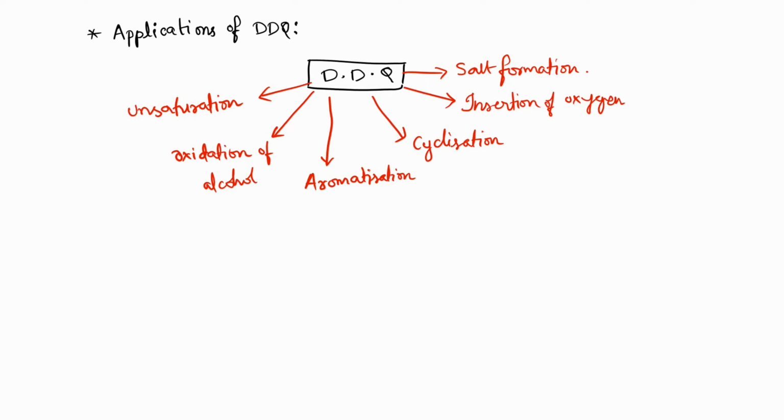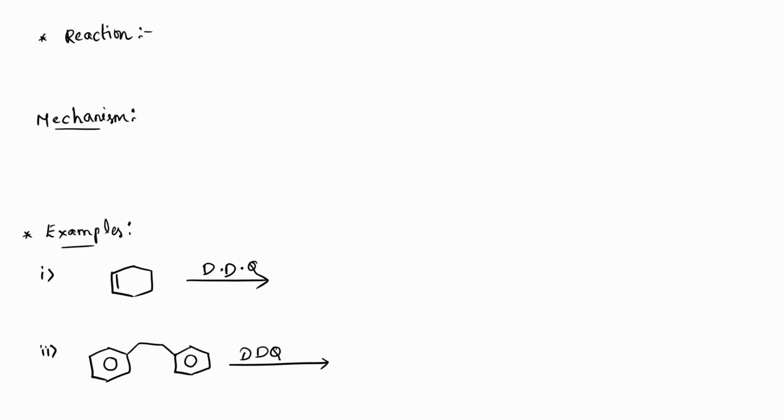Now, in this DDQ reagent chapter, we are going to discuss DDQ's reactions in 2 sets of videos. In the first video, we'll discuss the mechanism and different types of reactions, with certain simple examples of DDQ's reactions. In the next video, we'll discuss more complicated DDQ reactions. Now, the mechanism. Let us take a simple example where it brings about an unsaturation in a saturated compound. Let us say we are taking a simple example of 1-butene.